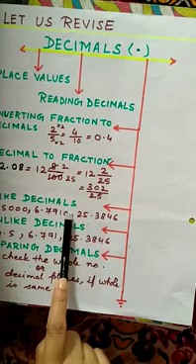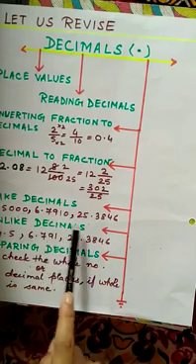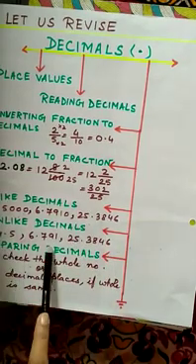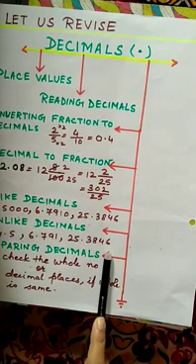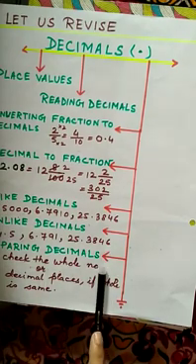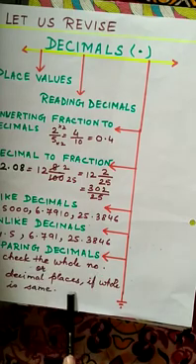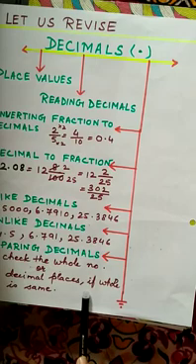Then we have like decimals, where we have an equal number of decimal places. Unlike decimals, where we don't have an equal number of decimal places. And then we had comparing decimals. First check the whole number, or the decimal places if the whole number is the same. I hope the basic concept of decimals is clear here.